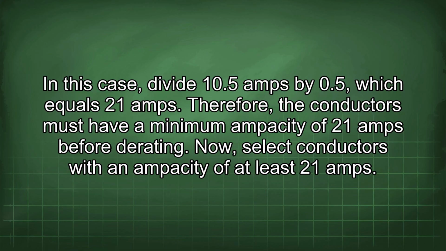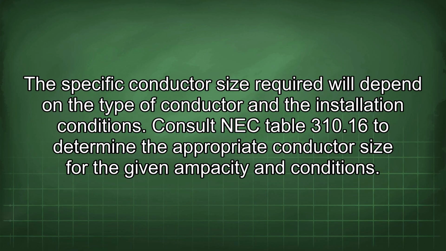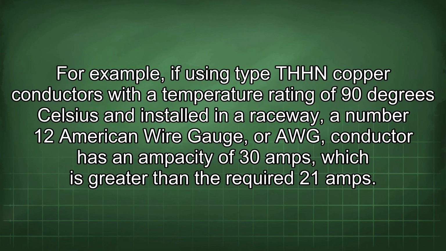Now select conductors with an ampacity of at least 21 amps. The specific conductor size required will depend on the type of conductor and the installation conditions. Consult NEC Table 310.16 to determine the appropriate conductor size for the given ampacity and conditions. For example, if using type THHN copper conductors with a temperature rating of 90 degrees Celsius and installed in a raceway, a number 12 American wire gauge, or AWG, conductor has an ampacity of 30 amps, which is greater than